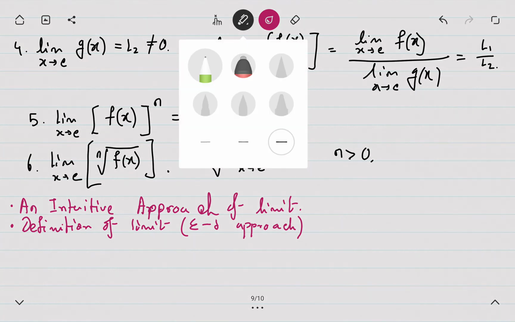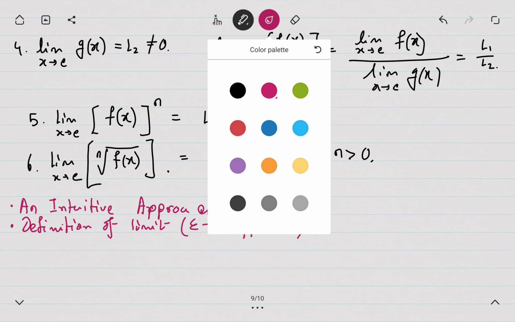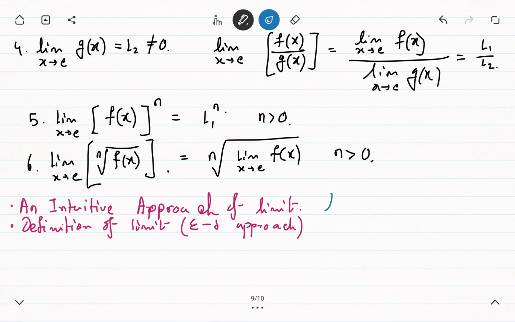So it defines that, let me use another color, so it defines that if I take the limit of a function as x tends to a, which is L. But in the epsilon delta approach, the formal definition is